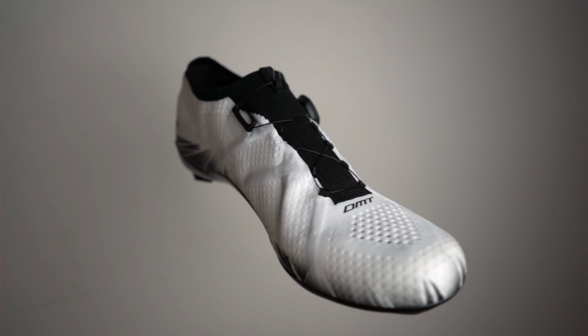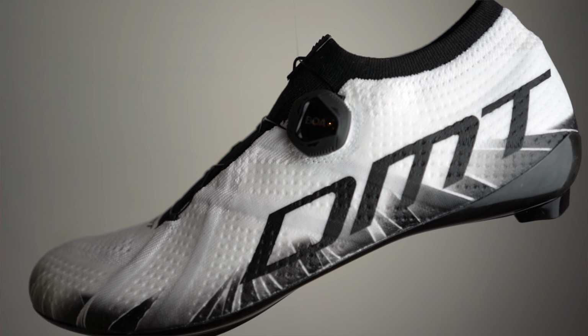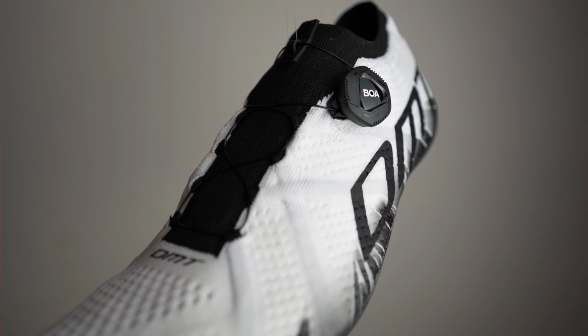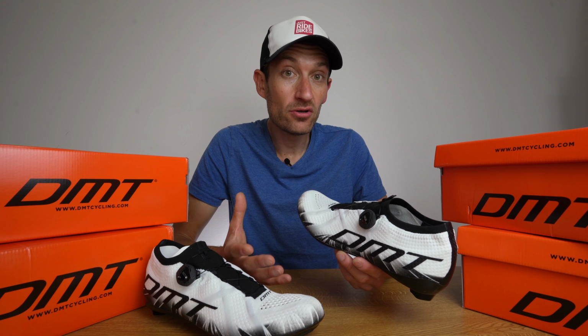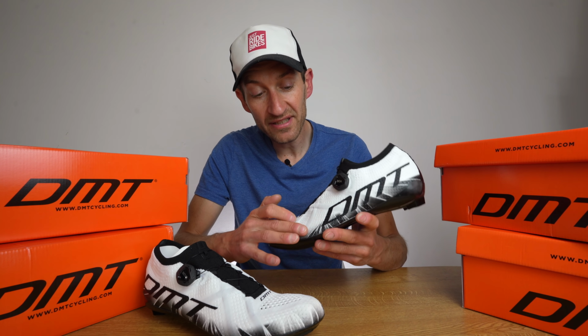We now have a multi-layer, full engineered 3D fit material. Mapping technology has been used to tune the actual structure in different places to provide support where it's needed most and more stretch where it's needed to provide the best possible fit to ensure comfort and performance are equally on a high level. So rather than using an additional material which would add weight, to give the structural support you want in a shoe designed for the most demanding road racing cyclists,